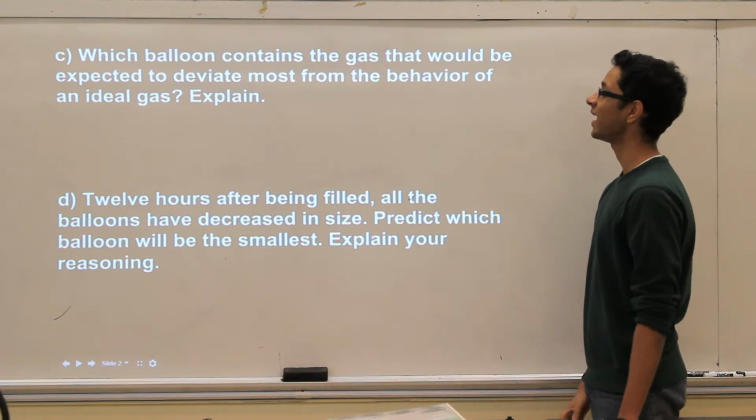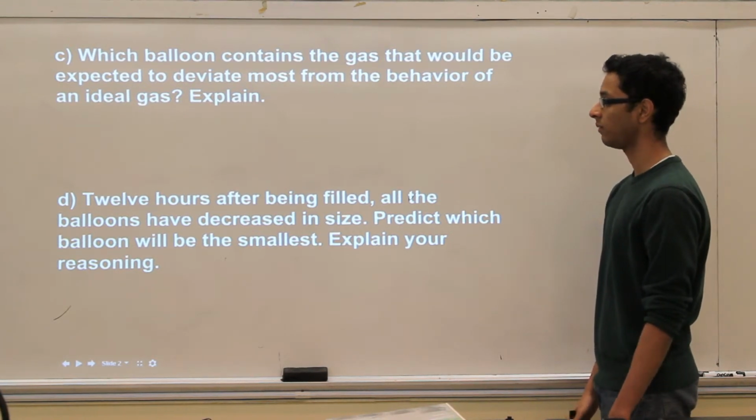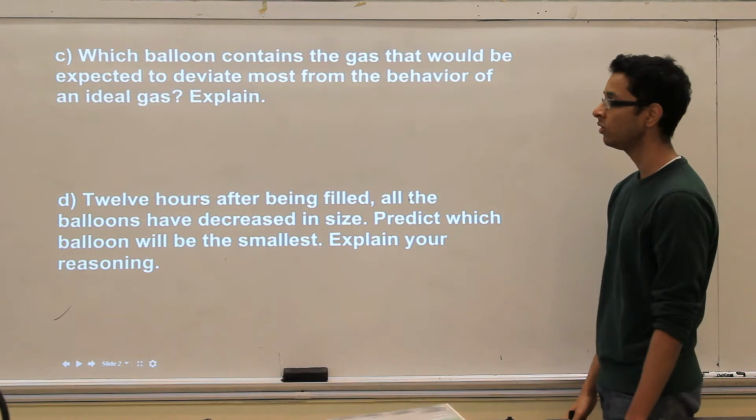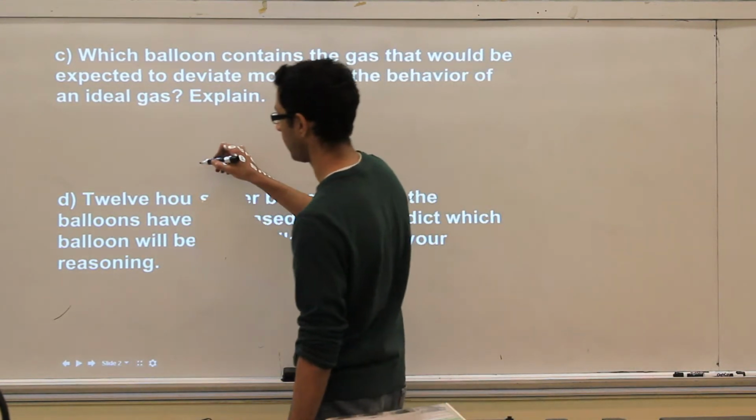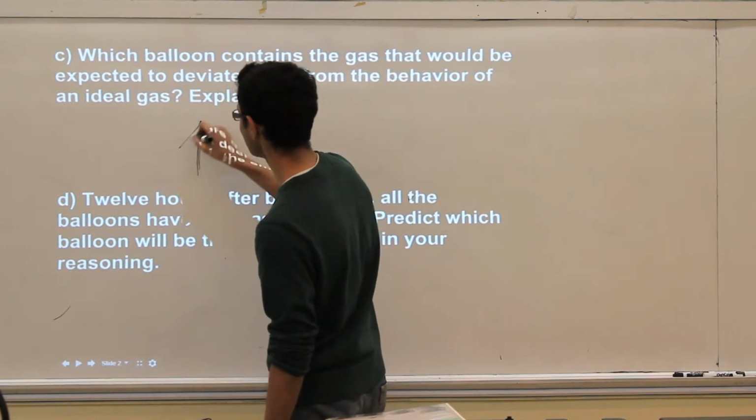Which balloon contains the gas that would be expected to deviate most from the behavior of an ideal gas, and explain? There are 2 factors that would cause the gas to deviate from ideal behavior. High intermolecular forces